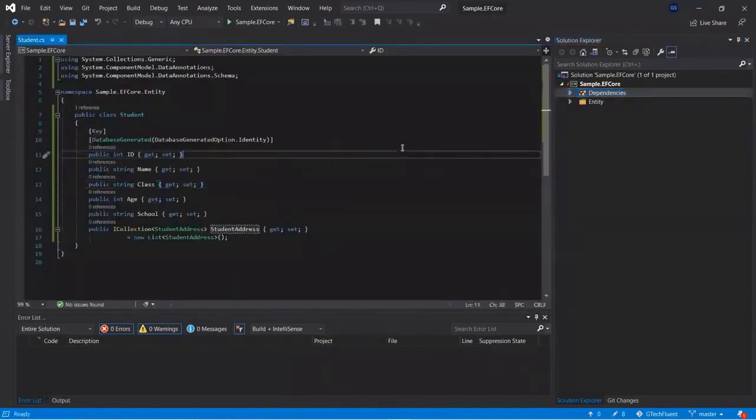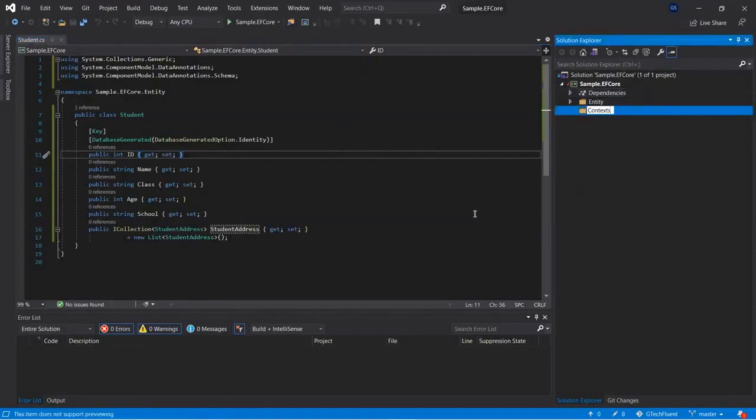So next step is to create the DbContext file in our application. According to the Microsoft definition, a DbContext is an instance that represents a session with a database and can be used to query and save instances of entities. We need to add the DbContext into our application. This file is used to create the instance and to query and save the instance for the particular queries.